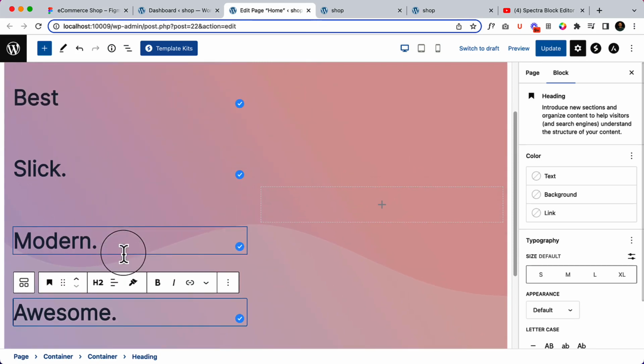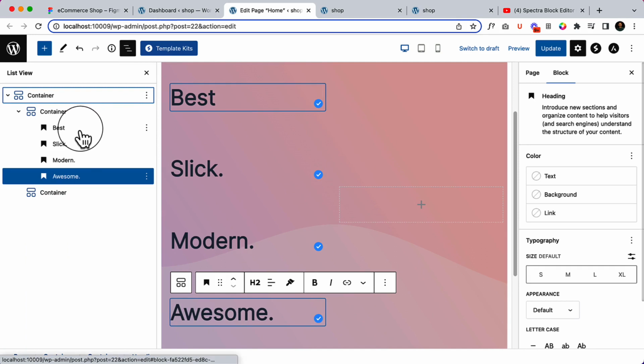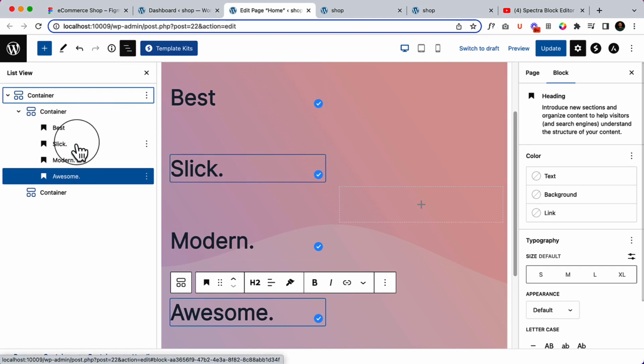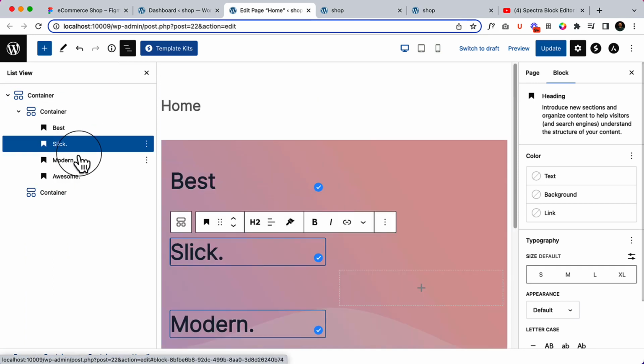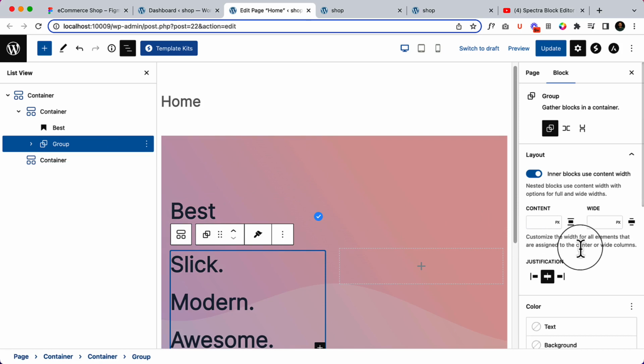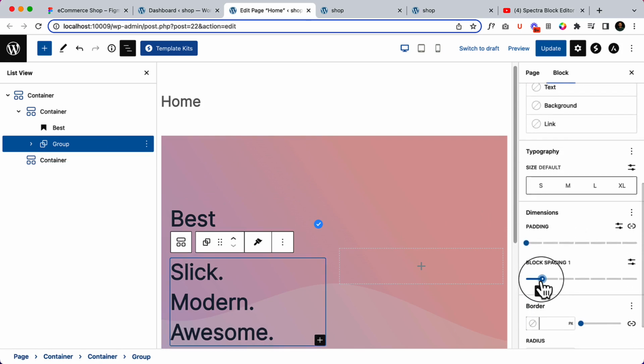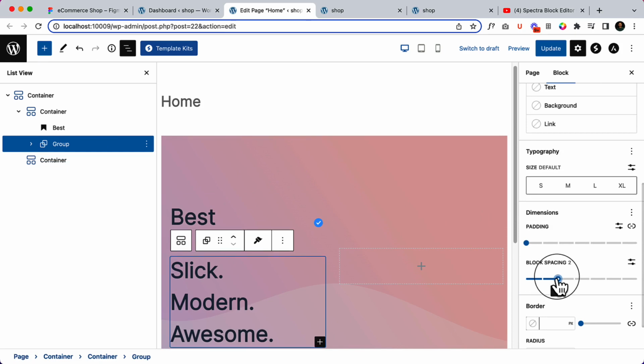There are a couple of things that you have to understand. So let's select here to open the view and select. I would like to combine the slick, modern, and awesome. So I just press shift key from my keyboard and click the element here, and then I'm going to make them group and also reduce the block spacing. So I can make it 2,